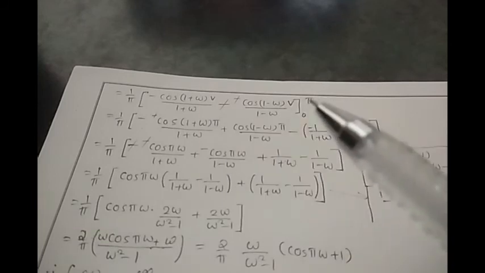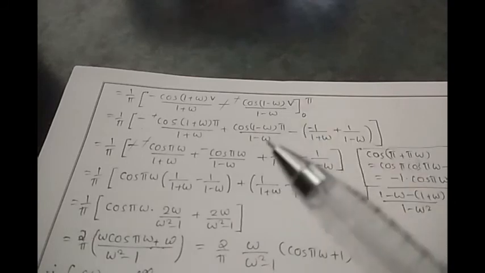So which is equal to upper limit. If I am substituting pi here, it is minus of cos (1 plus omega) into pi, minus 0 if I am substituting. The 0 term is substituted in the next part, not together. So first of all we have to substitute pi here. So this one is (1 plus omega) into pi here. This minus is there out. Then plus, this is plus here, so this minus of minus is made positive. Pi, if I am substituting, (1 minus omega) into pi by 1 minus omega.